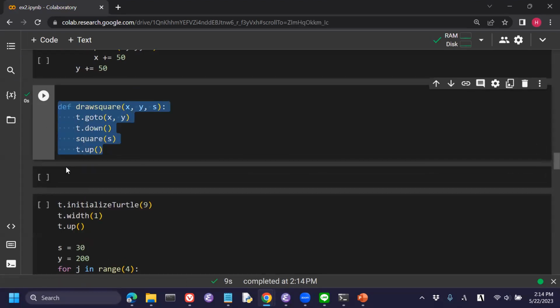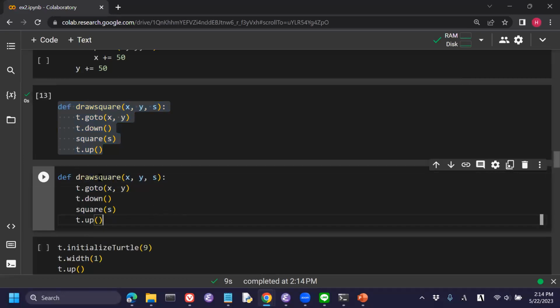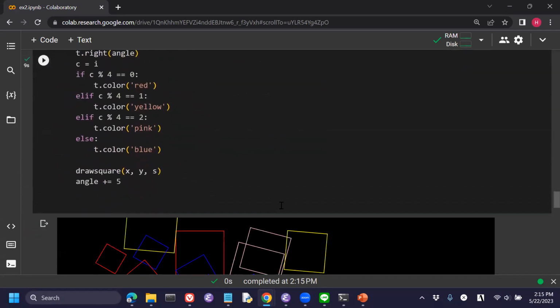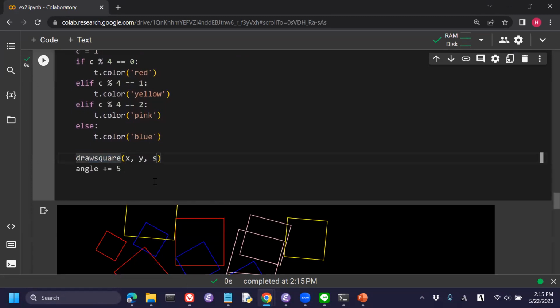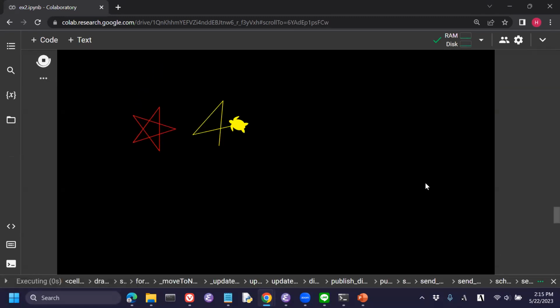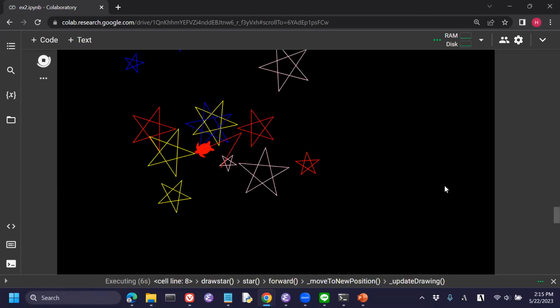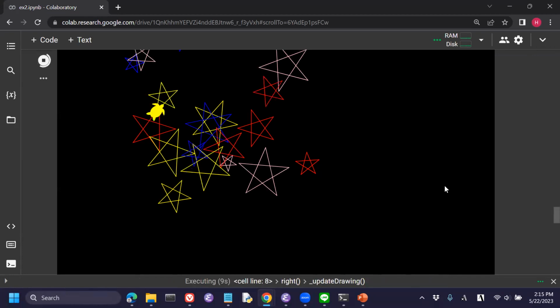make draw star, just like the same. So change the name to draw star and use call star instead of square, and that's it. I guess so. So let's run this box and change this to draw star instead of draw square. And that's it. Let's run it. Okay. Red, yellow, pink, red, yellow, pink, blue, with different sizes and different positions with different